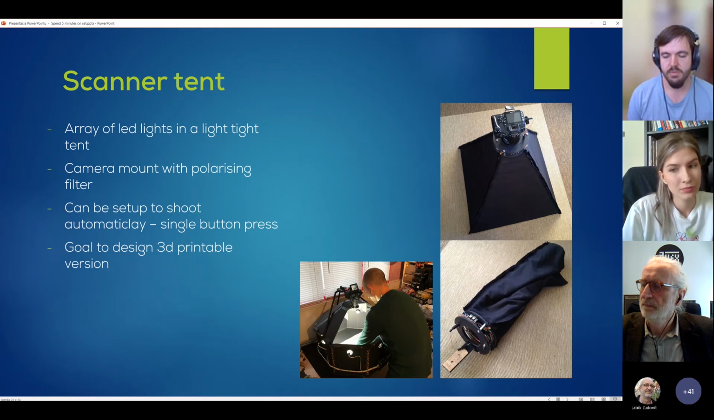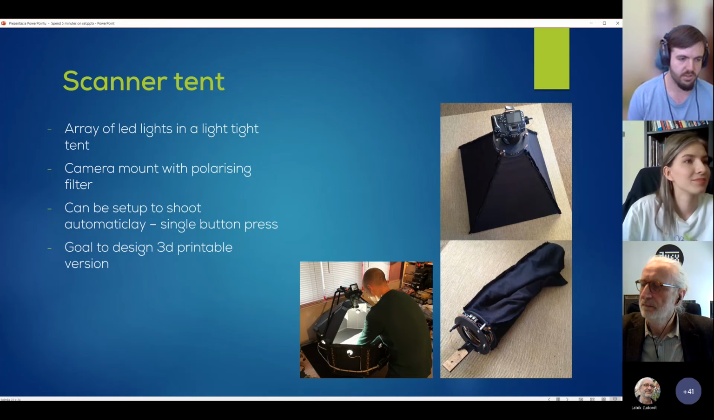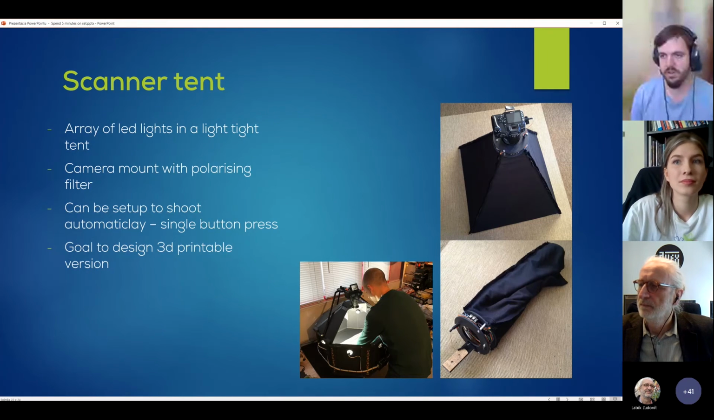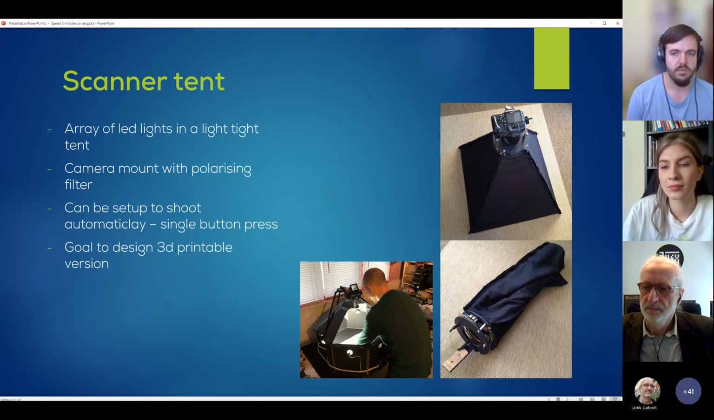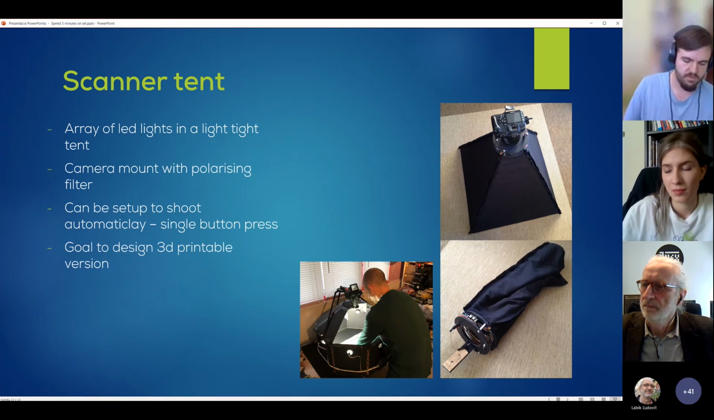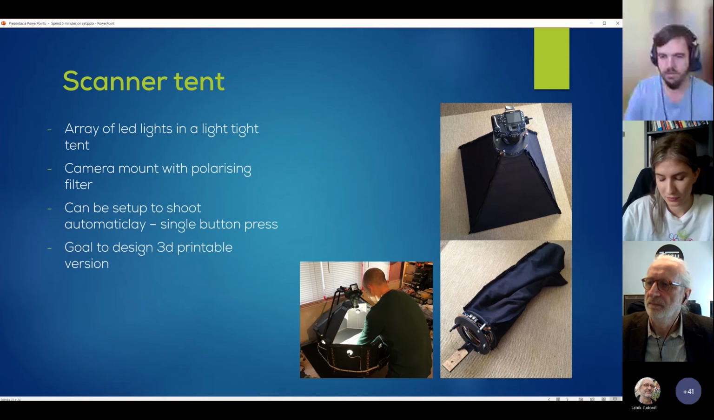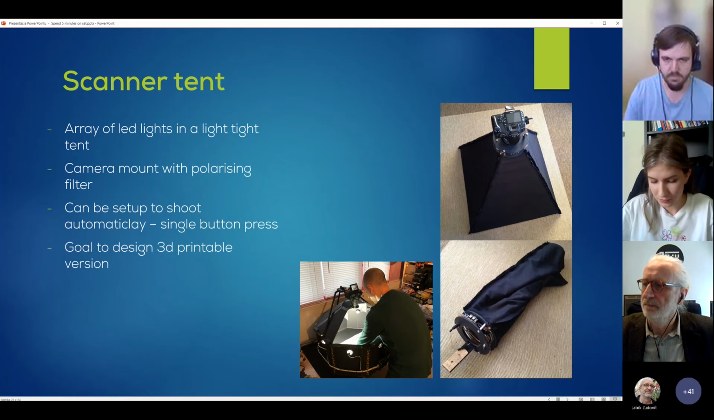It has a camera mounted in the top. You can use a polarization filter on the camera to get more variations in the photos, which can then be used for generating more of the textures. And you can automate it, so you can press a single button and the camera will take all the photos you need by itself, and then you just need to